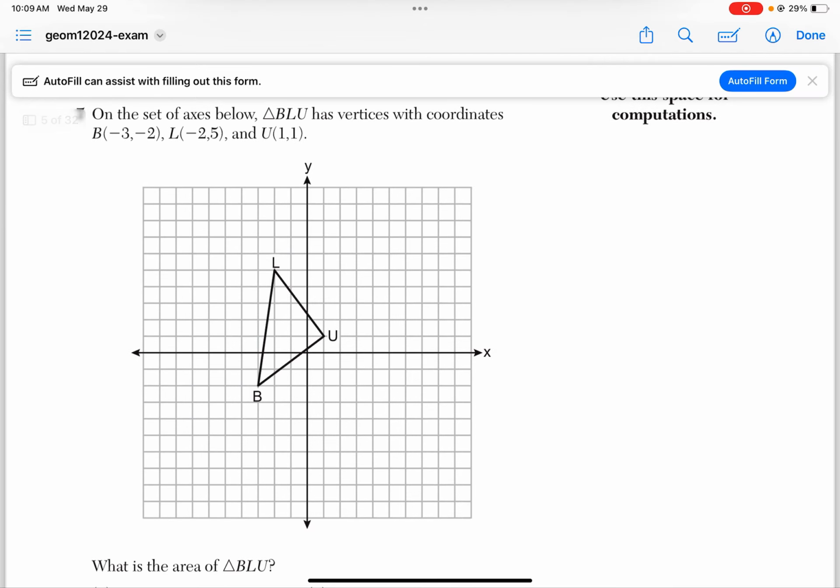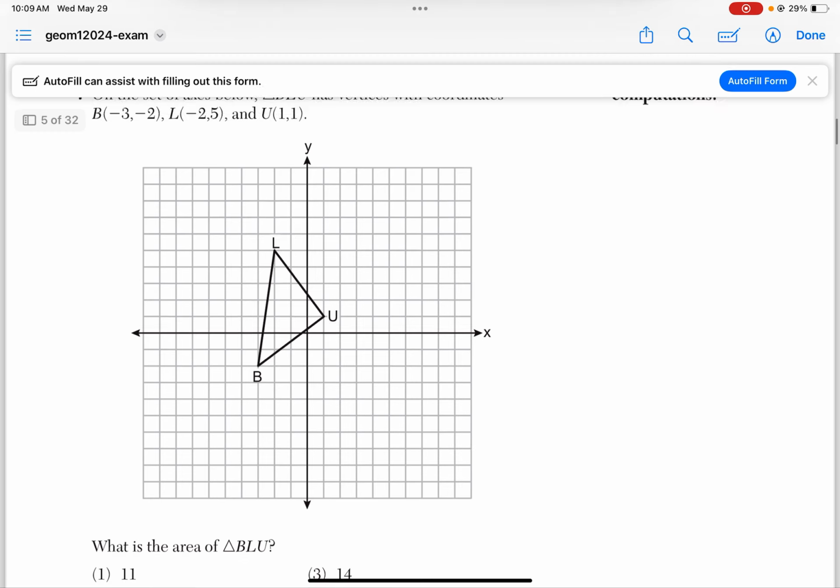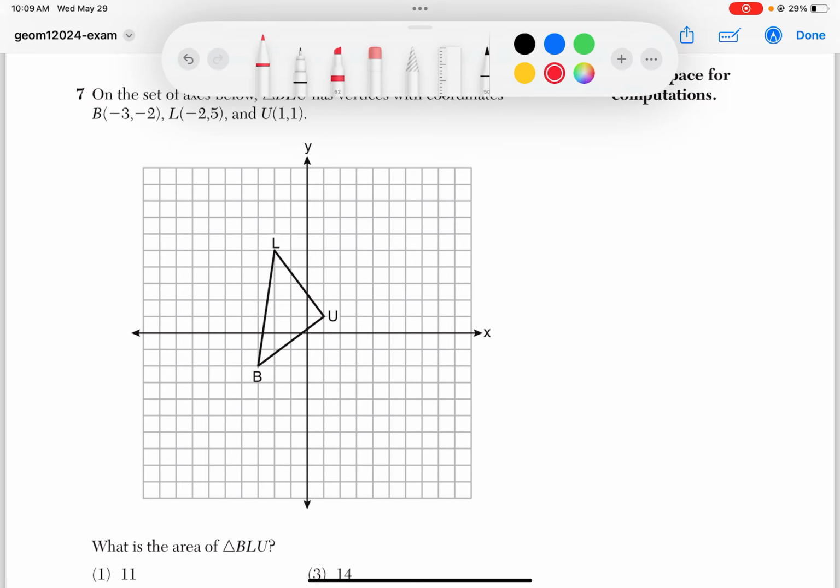Number 7, I put a triangle on the coordinate grid and asked for its area. If you go into this trying to do area is 1/2 base times height, you're going to run into a conundrum because you're going to have to find this height, which is defined as an altitude, and you're going to have a lot of trouble with that. So if you remember, we have this little trick where I can think of this as a rectangle that perfectly encases the triangle. Then I can find the area of the rectangle, which is length times width, which would be 4 times 1, 2, 3, 4, 5, 6, 7,